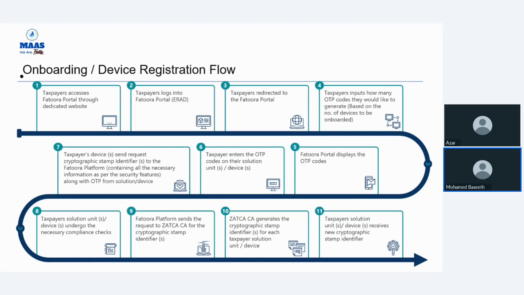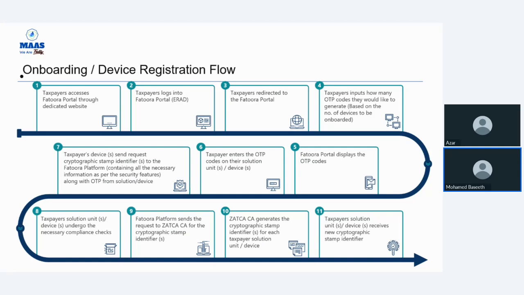Then we connect to the machine, and that machine is going to generate a cryptographic stamp identifier, right, containing all the information about that specific application, that specific system, along with the security features, with the OTP, where it will get prompted to enter the OTP. There we will enter the OTP